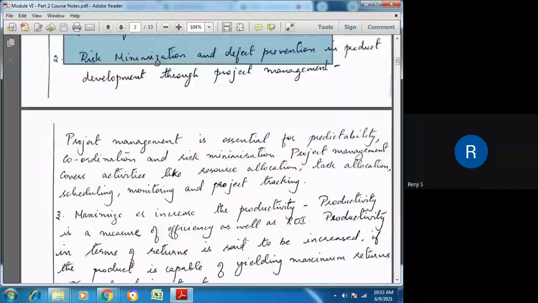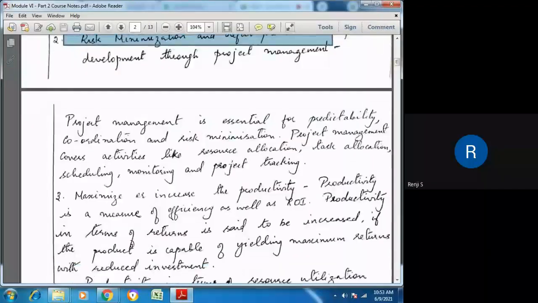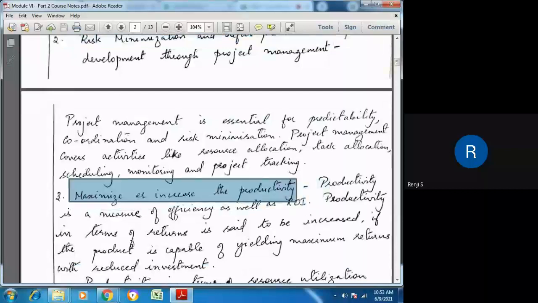And the third objective of EDLC is to maximize or increase productivity. Any company in the business field tries to maximize or increase its productivity. Likewise, embedded products are designed for end users, and they will be put into the market for sale. So we have to maximize the productivity of these products, and to do so the product should be accepted by the customers, the end users, and they should buy the product. So the returns on the product should be high.